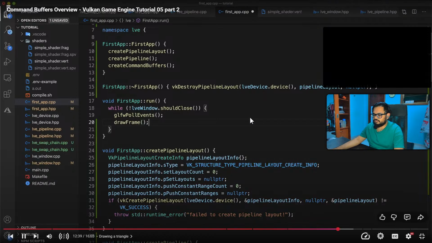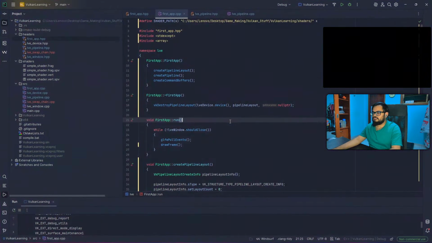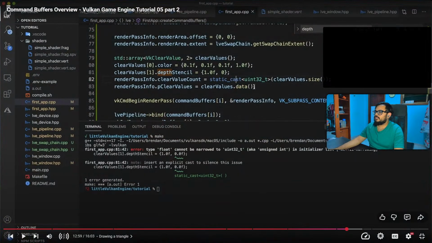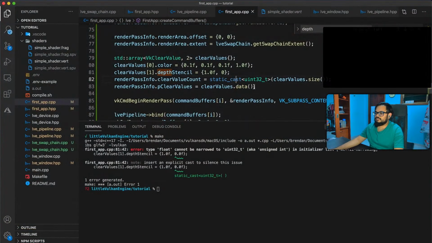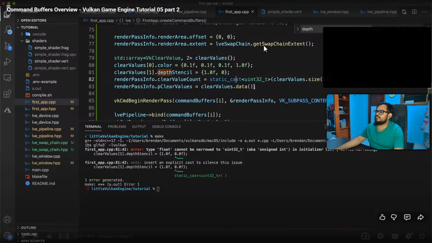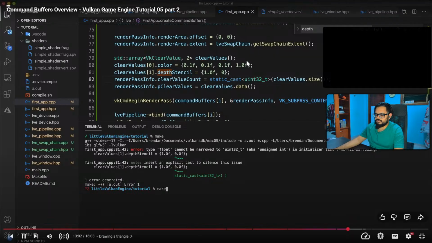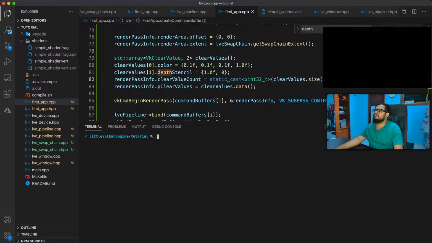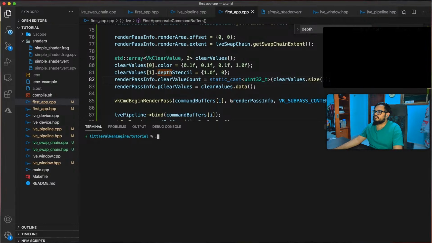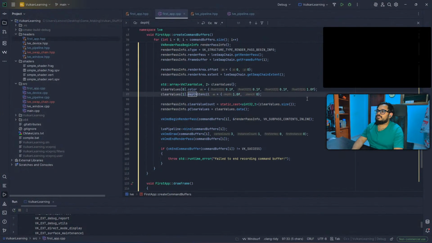So it's the moment of truth. It's time to build and run our code. If everything has been done correctly, okay, let's run it. If not, look at the compiler errors or validation layer messages, and you should be able to figure it out. When you close the window,